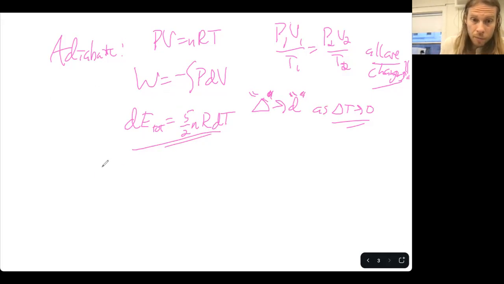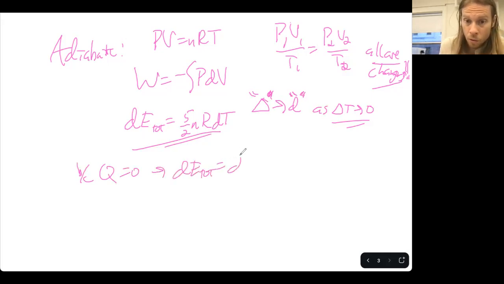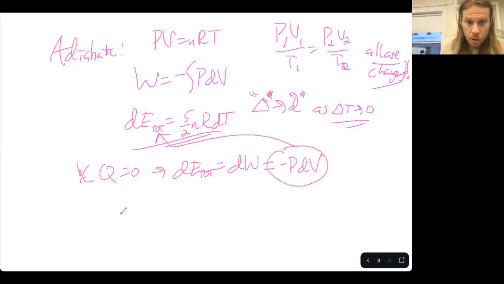The next part is, because Q is 0, delta E total is work, which means dE total is dW, the infinitesimal increase or decrease of work, which is just negative P dV. So we have this go into here. So we have negative P dV equals 5 halves nR dT. All right, isn't that cool? Right? And then we plug in